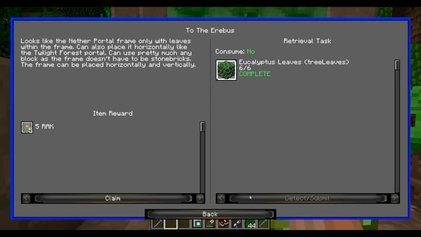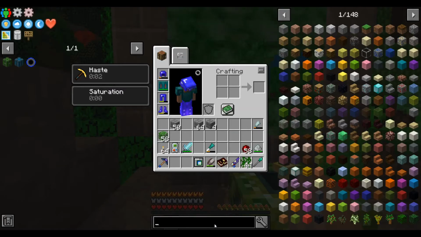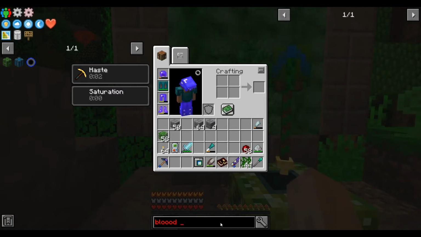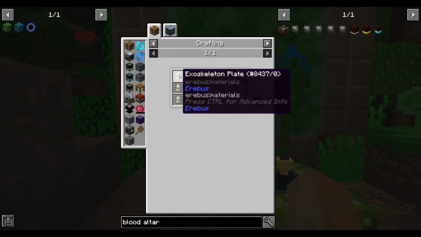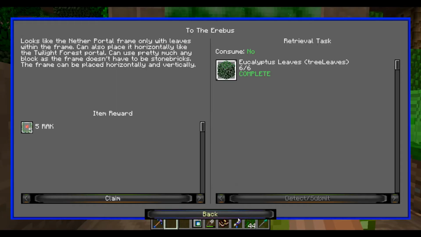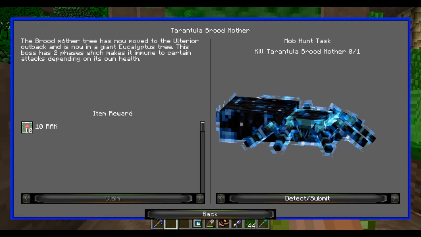And now we are in the Erebus. So we came here because we needed something. We needed the thing to make the blood altar: exoskeleton plates. So we have to find the mob in here that drops exoskeleton plates and kill them. And I believe we find those in the process of doing the...